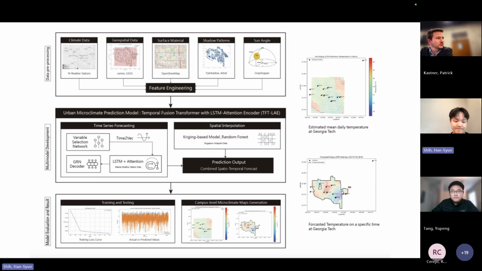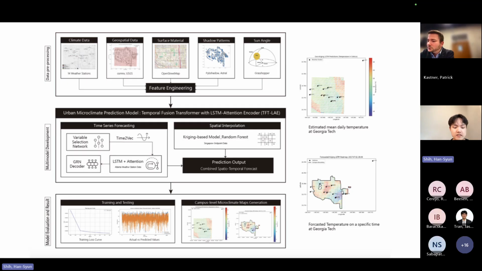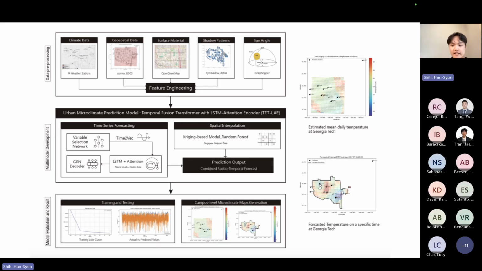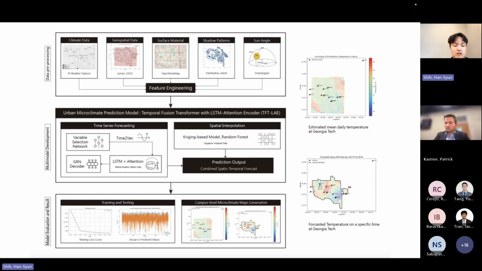high-resolution spatial structure. And this semester, our goal was to improve the model so it can generate higher resolution heat maps with many more grid points. As you can see on the image on the right-hand side, the image we produced last semester is only 1,000 grid points. And we also focus on refining our weather data preprocessing, because in our previous attempts, we discovered a significant number of outliers in the training data. To achieve better model performance, it became clear that we have to ensure the weather data itself was cleaner and